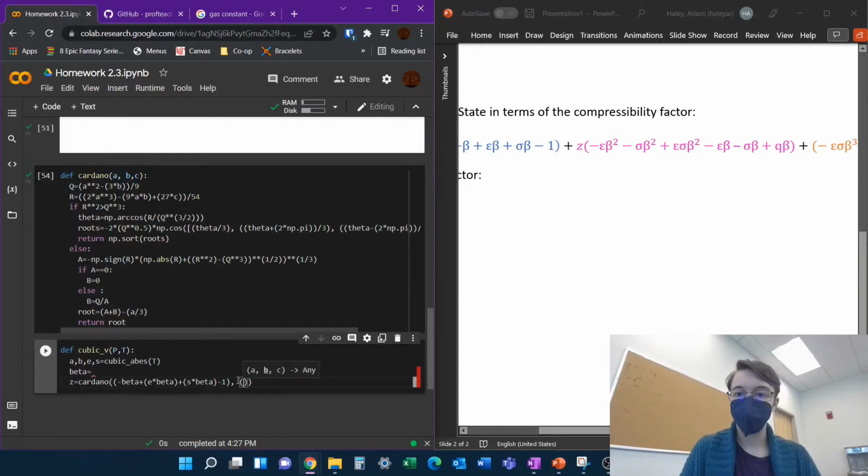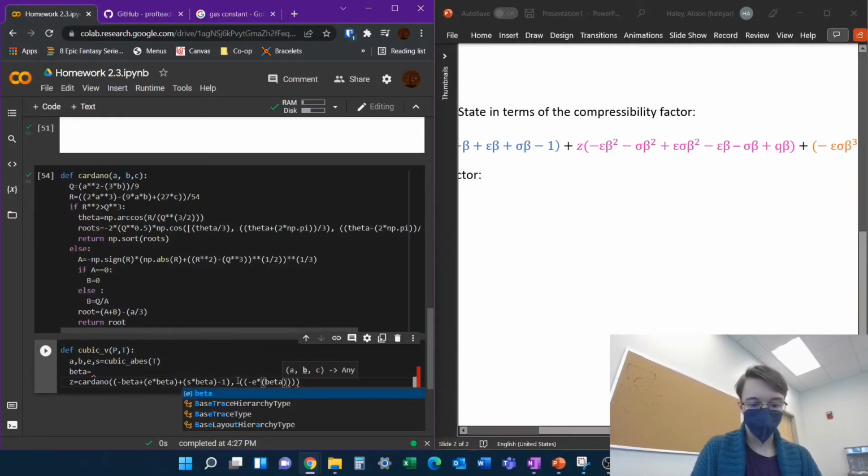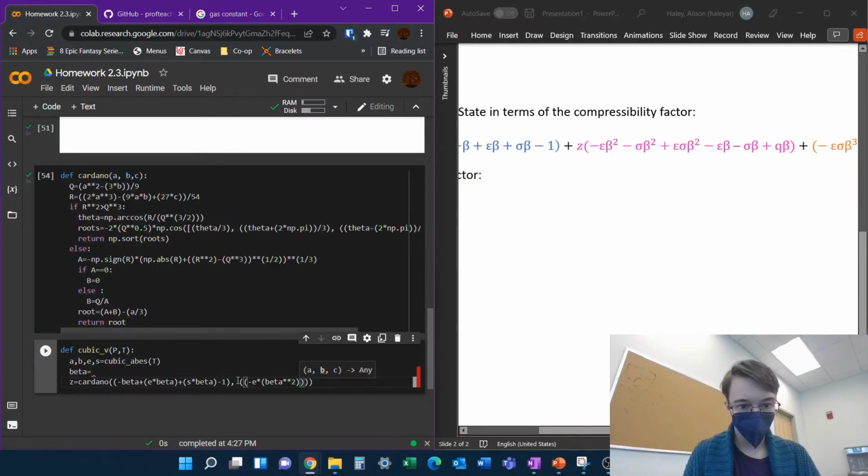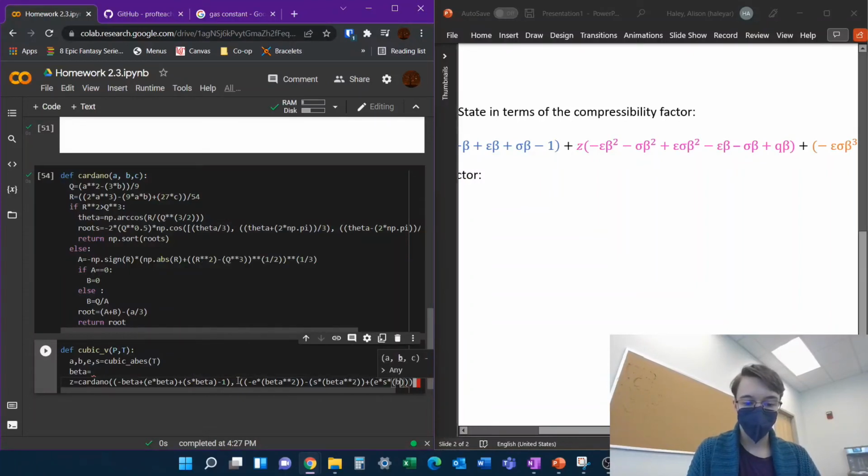So we're going to have negative E epsilon times beta squared, and then I'm going to have minus sigma times beta squared, and then plus epsilon times sigma times beta squared,